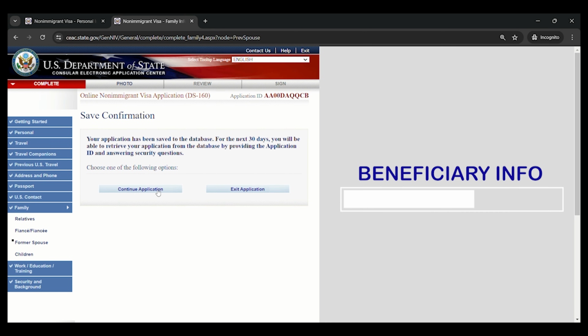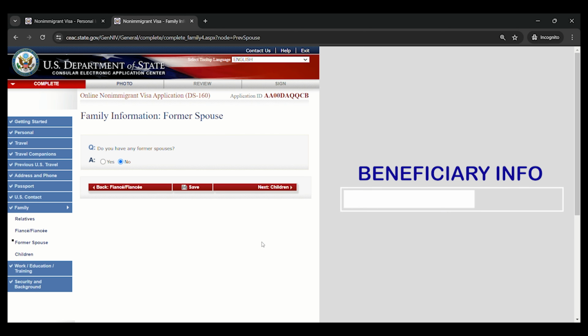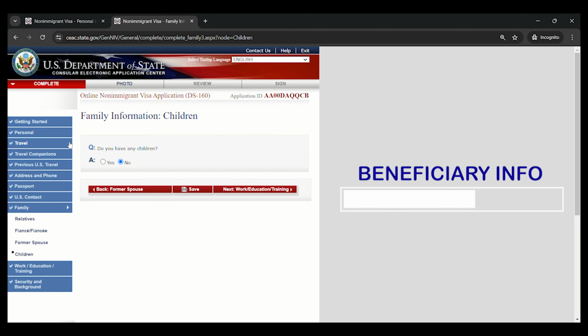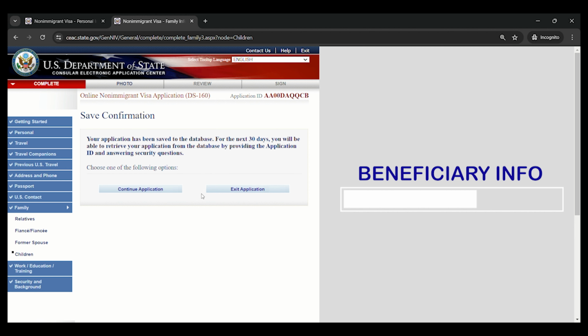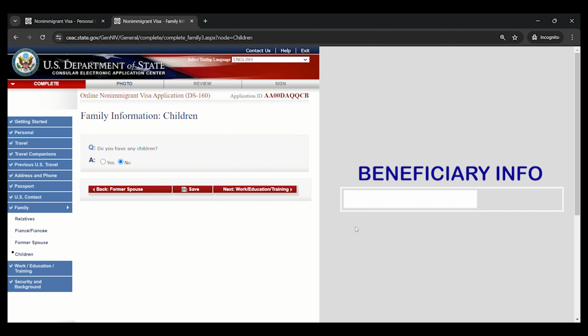Continue again. Alright, and then next would be children. So do you have any children? Click yes if you have, and otherwise no. For me, no kids. So I just click save, continue the application,